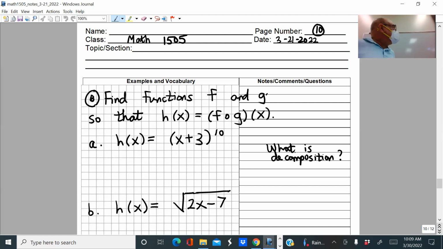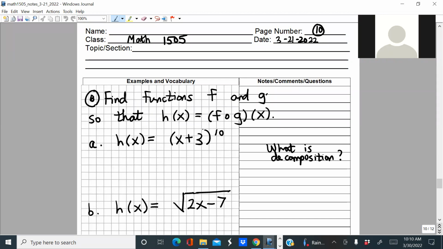So I think so far in composition, we've been practicing with, you were given two functions and then you were asked to compose them, right? And then that would give you a third function. But often how we really work with composition, particularly in calculus, is kind of backwards. We are given a function and then we want to decompose it into two simpler functions. So we might be given a complicated function like x plus 3 to the 10th power. That's a difficult function to evaluate, and that's a difficult function to graph. But